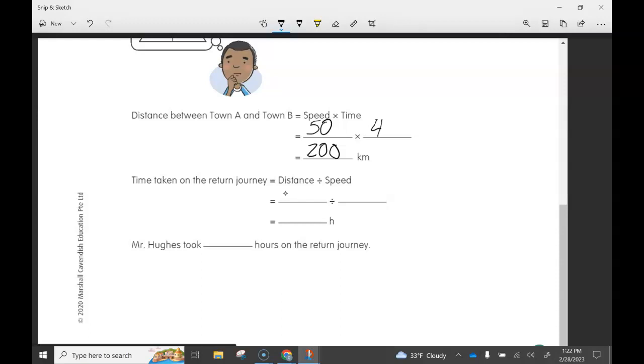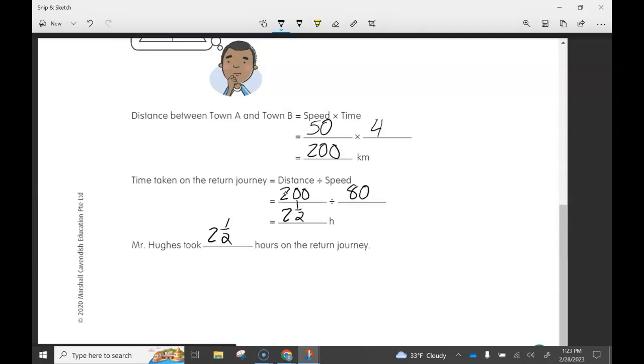Now again, we need to think about time taken on the return journey. That's what we're trying to figure out. So we take the distance and we divide it by the speed. We know that the distance is 200 kilometers. Why do we know that? Because 50 kilometers per hour for 4 hours gives us that 200. So we take the 200 and divide it by the 80 kilometers per hour, and that's going to give us 2.5 hours. So we can see that Mr. Hughes took 2.5 hours